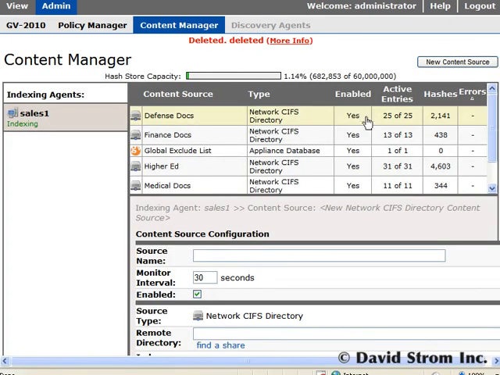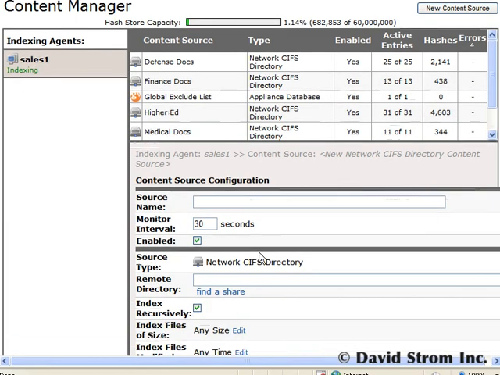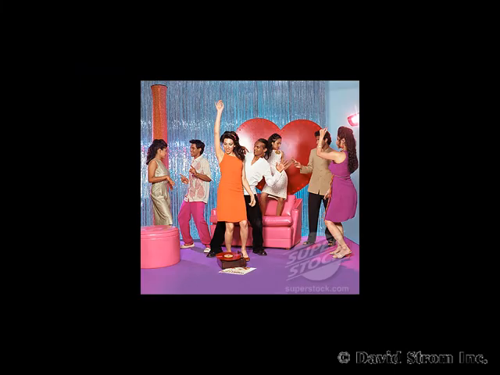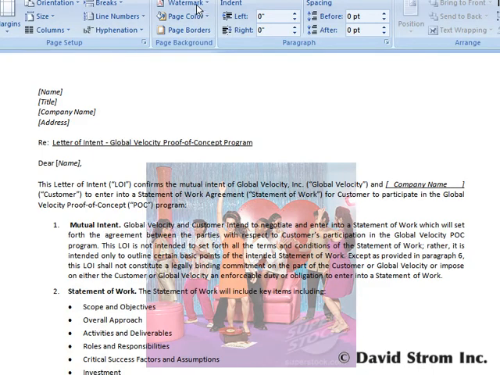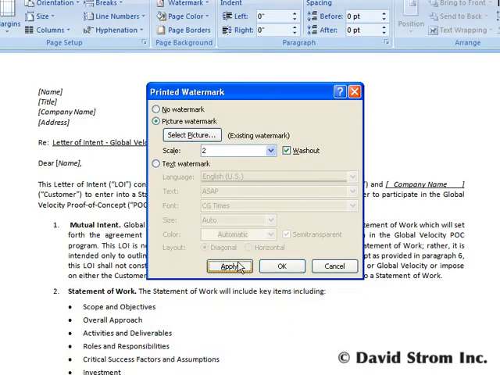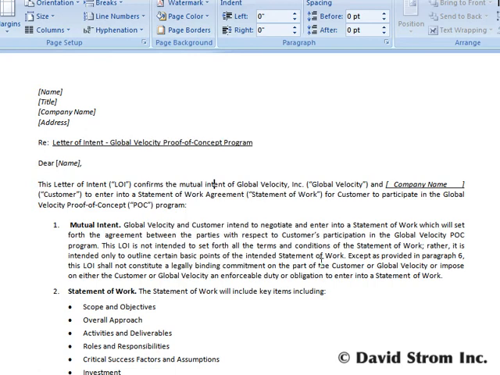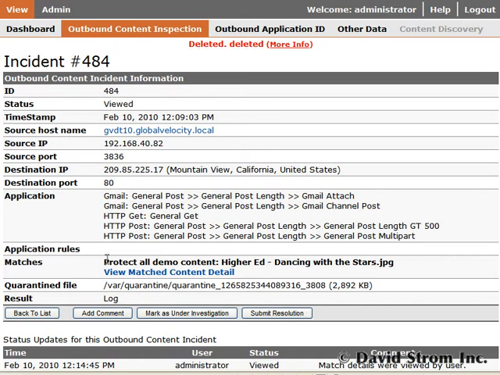Let me take you through a scenario where a rogue employee wants to hide this prohibited picture as part of a watermark in a random Word document, and then try to send this document as an email attachment. Even when we shrink it down to be barely visible to the naked eye, the Global Velocity appliance can identify it traversing our network and being sent out via an email attachment in its incidents reports